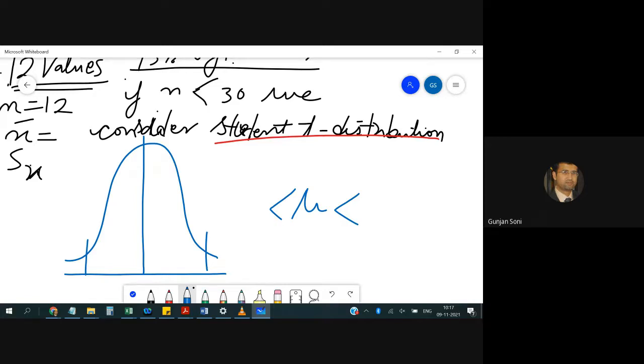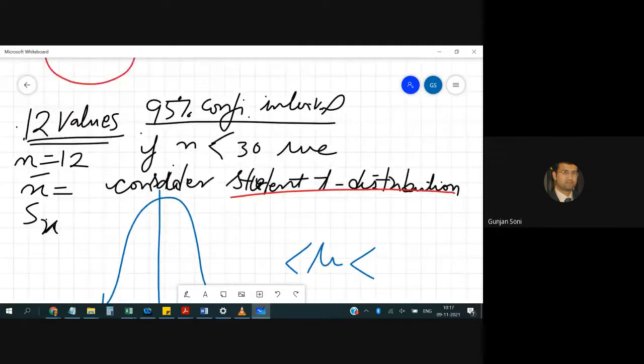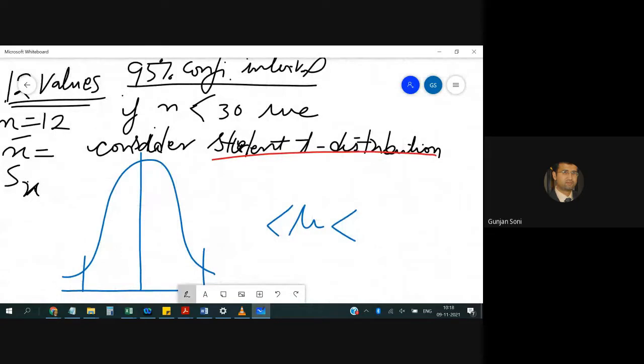So we want to say that if I take 100 observations, out of the 100 observations, 95 observations would lie between these two limits. So that's what we say is a confidence interval. I'll repeat it again. For a 95% confidence interval, the meaning of 95 is that if I take 100 observations, at least 95 would be lying in this range, which we want to find out. So that gives us an estimation of the precision uncertainty.